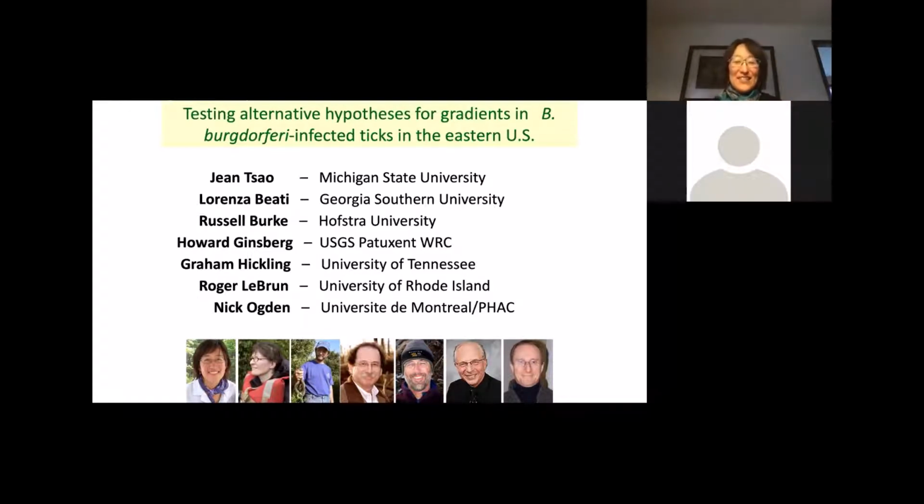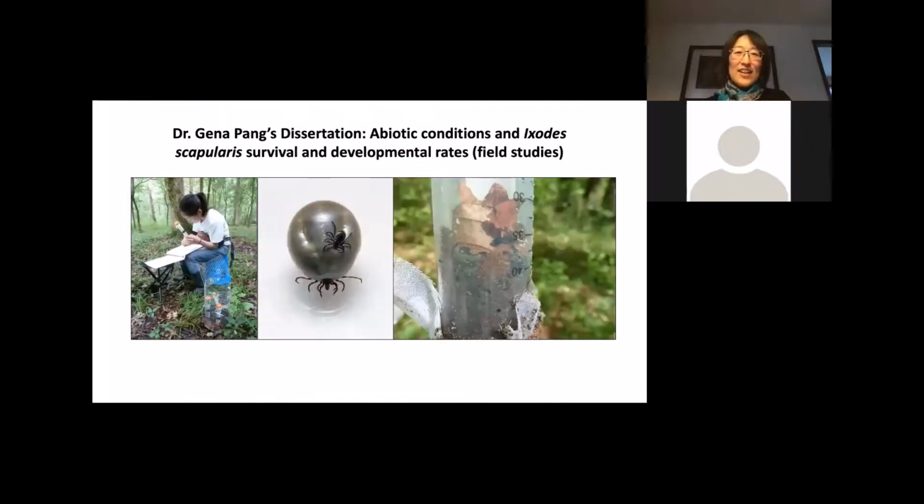they have some differences. And then I want to also highlight that Dr. Genevieve Peng had finished her dissertation with me last year, but I'm highlighting just a little bit of her work in this talk. There's a lot more, but she was very interested in how abiotic conditions affect black-legged tick survival and development rates in the field, to understand a bit about the geographic variation of Lyme disease, and also